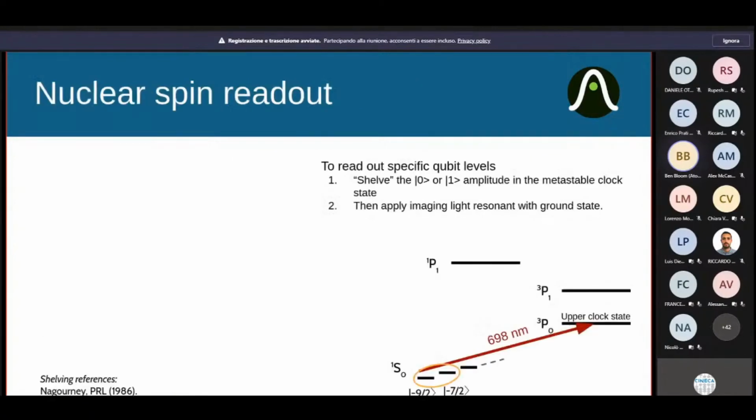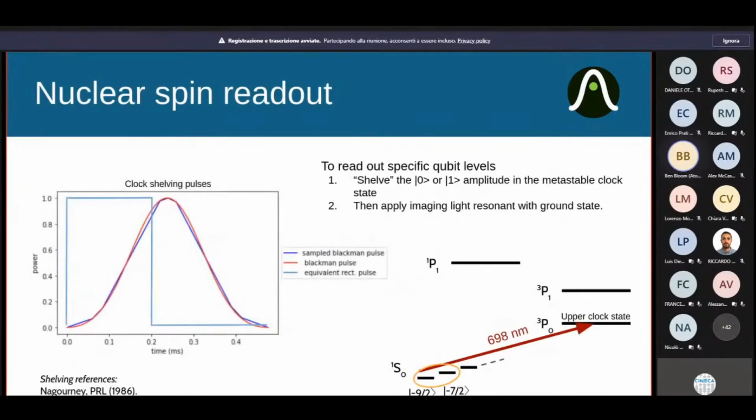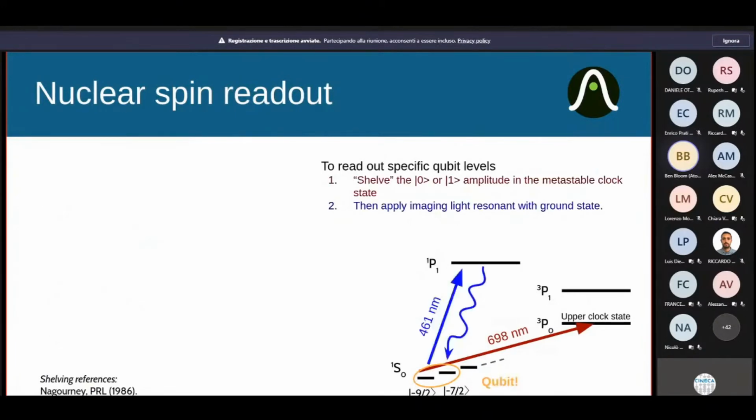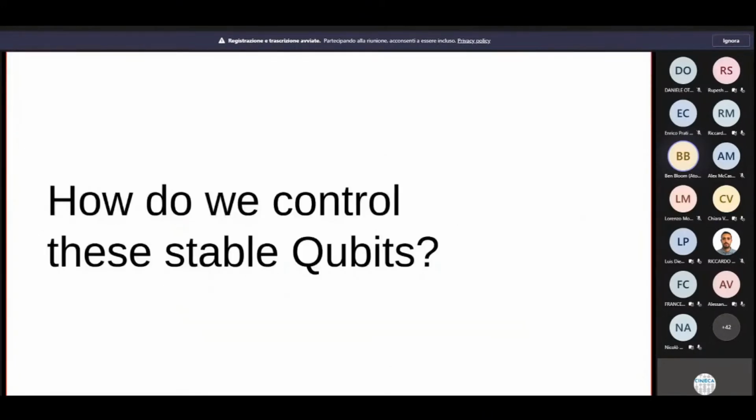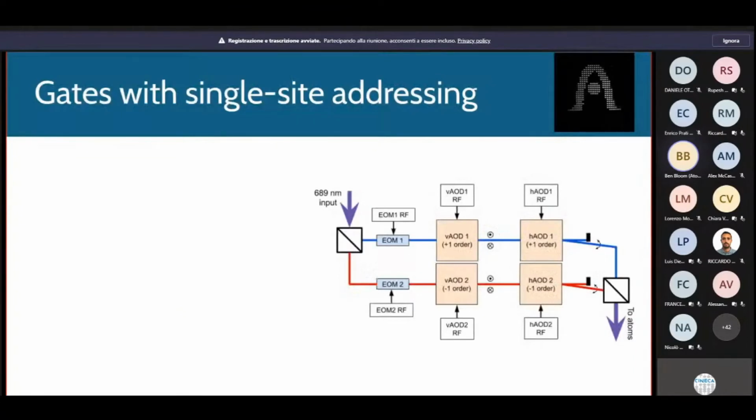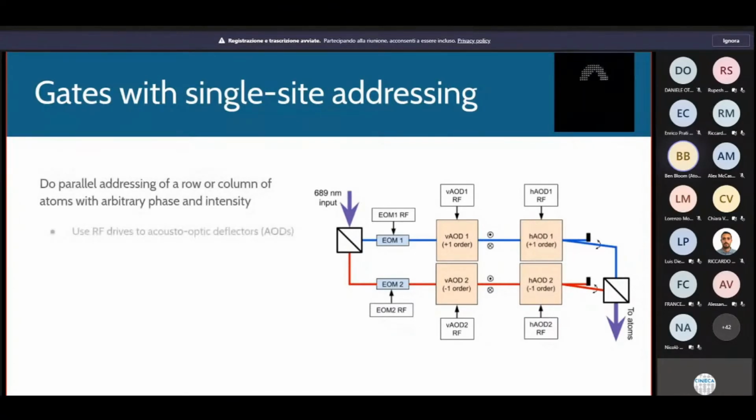The cool thing is, again, I can use these optical clock excitations to manipulate these nuclear spins and read out the qubit. And when you do that, you're left with a qubit system you can read out with very, very low energy between these two states. So how do you start manipulating the system? You use acousto-optics and electro-optics to define RF pulses, which allow you to rotate the qubit from one nuclear spin state to another by creating individual spots of light that you're able to control the amplitude and phase of.